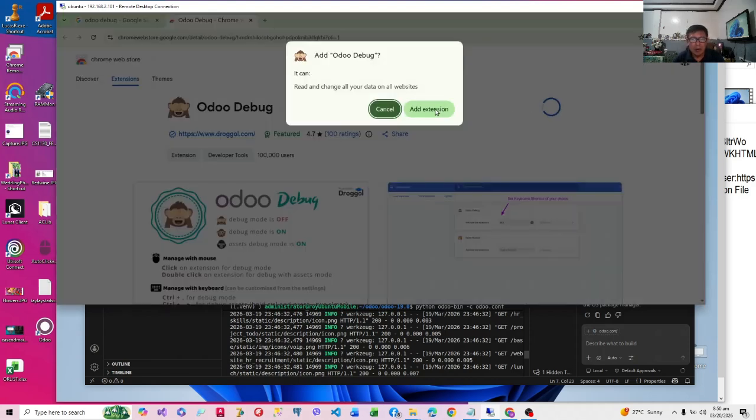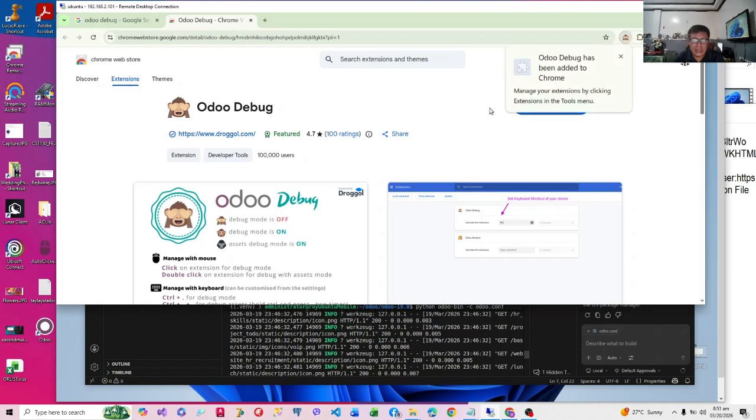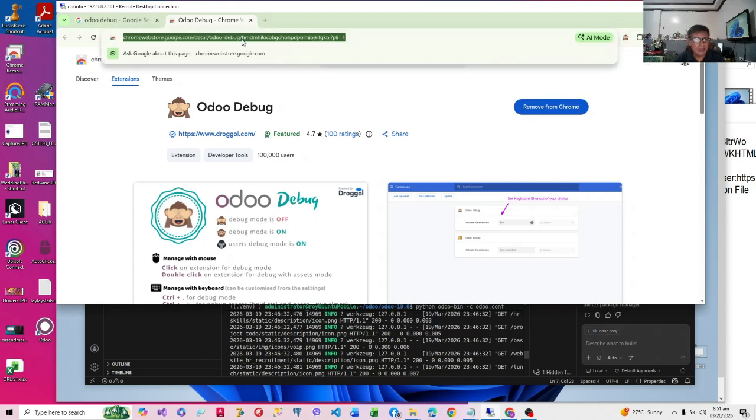Now, why do we need this? Because installing third-party apps requires you to be in debugger mode, so we have to switch to debugger mode before we can install the Mac theme. Now we have the monkey here, so we can go to our localhost.